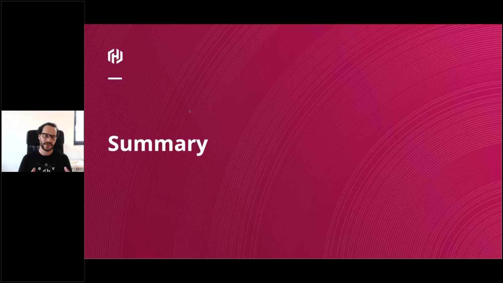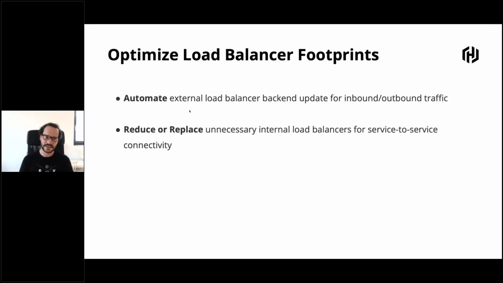So in summary, what we showed you today is, especially for east-west traffic, if you only use your load balancers for service discovery and not for highly sophisticated load balancing features like session stickiness or web application firewall, it is east-west traffic within your data center where you control your DNS, and we have customers who really replaced a lot of their load balancing instances with Consul's native and integrated load balancing features and saved a lot of money because they don't have to maintain those load balancers, they don't have to configure them,